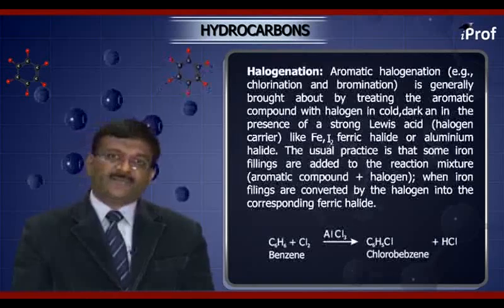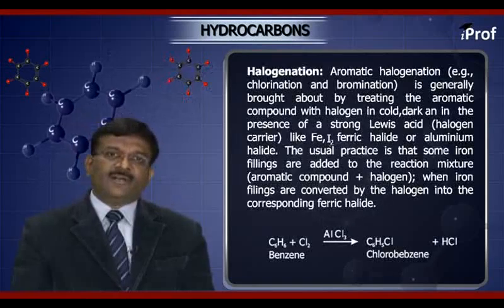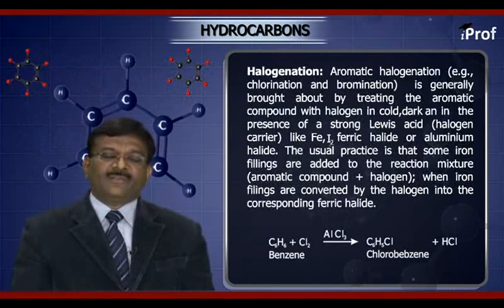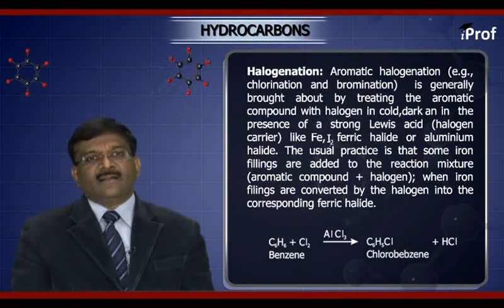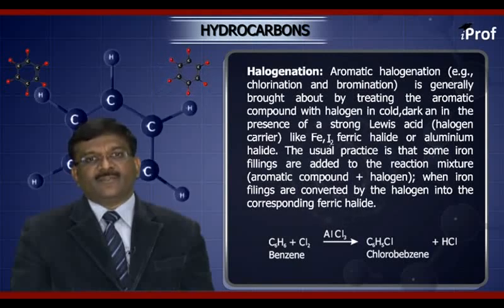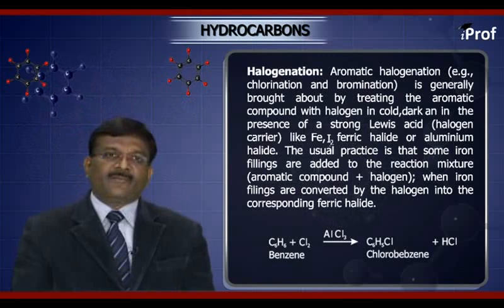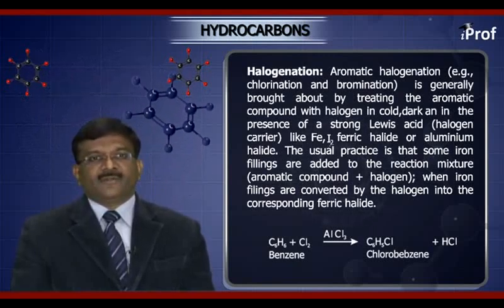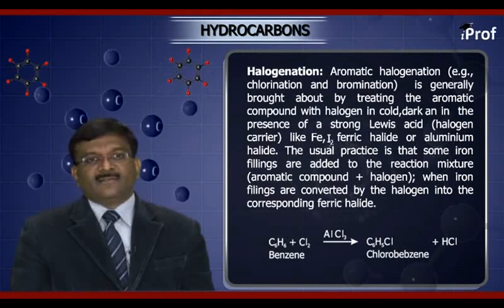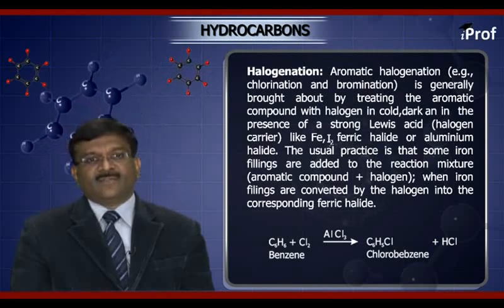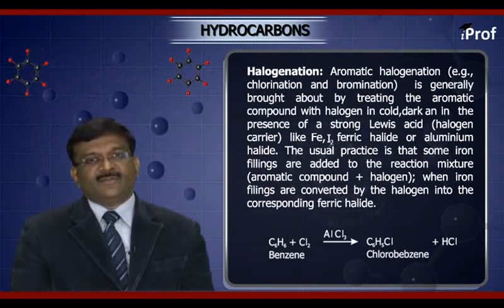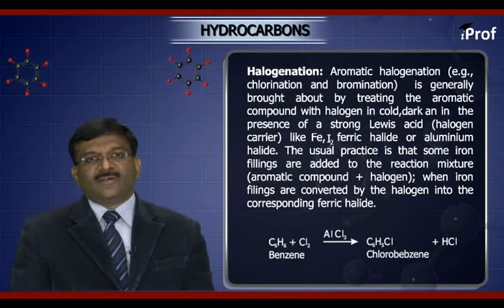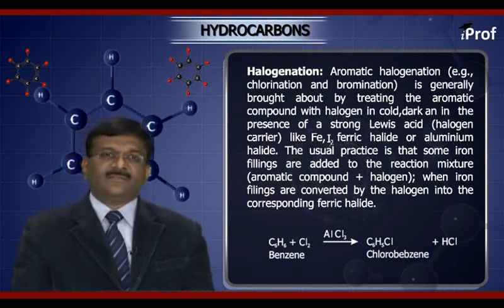Now the halogenation. Aromatic halogenation, that is chlorination and bromination, is generally brought about by treating the aromatic compound with halogen in cold, dark and in presence of a strong Lewis acid, the halogen carrier, like iron, iodine, ferric halide or aluminum halide. The usual practice is that some iron filings are added to the reaction mixture, the aromatic compound plus halogen. When iron filings are converted by the halogen into the corresponding ferric halide, the reaction is C6H6 plus